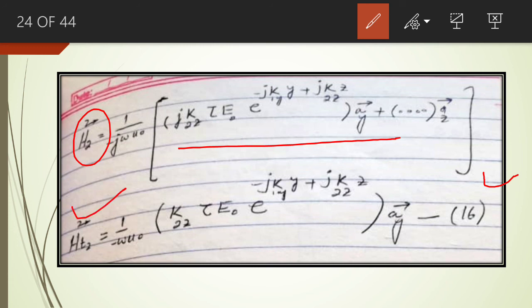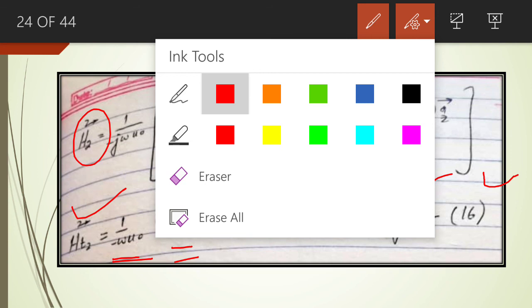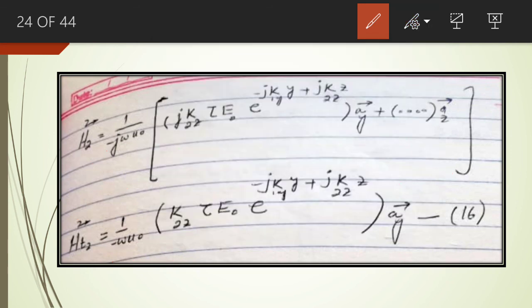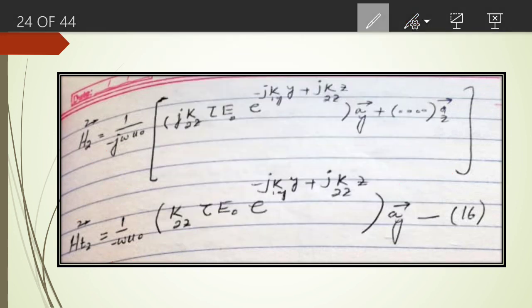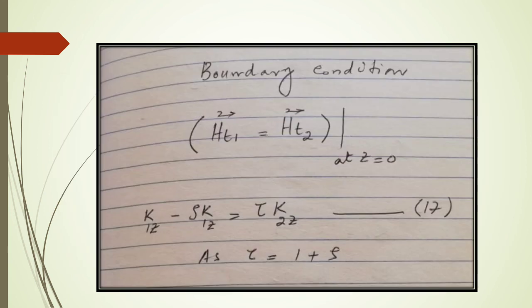The tangential component of H2 will be equal to 1 over minus omega mu naught K2Z, then we have tau E naught into e raised to power minus j K1Y Y plus j K2Z Z, and this component is along the unit vector AY, which is tangential to the interface. So we have considered the tangential component of H1, and we have considered the tangential component of H2, and now